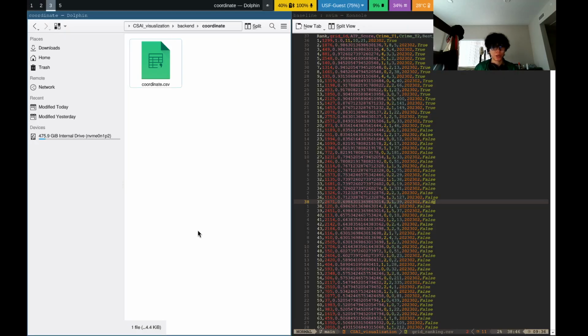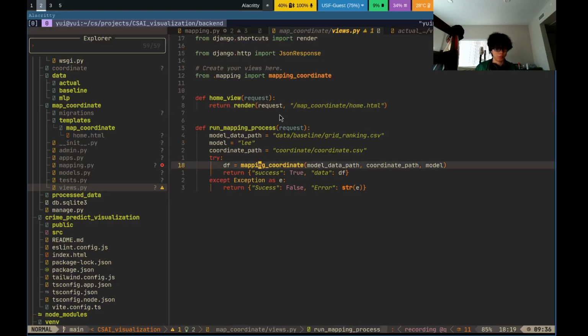So it's generating. While waiting for the AI model to generate our templates,